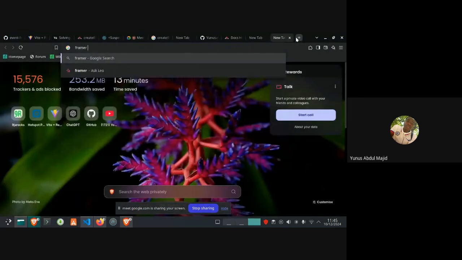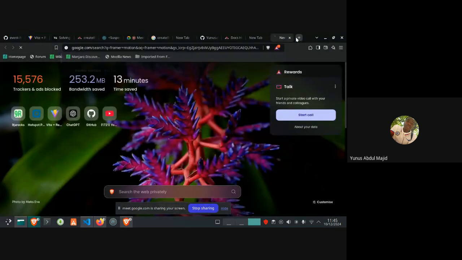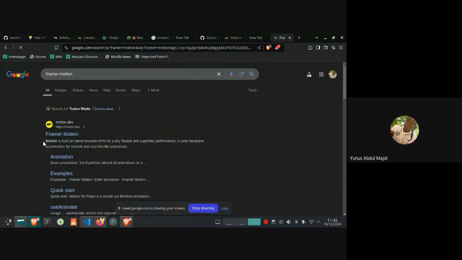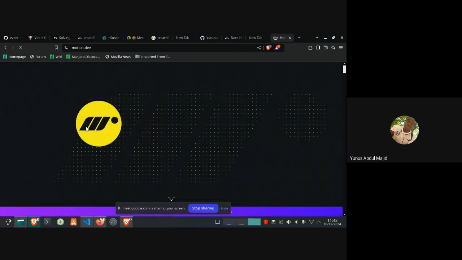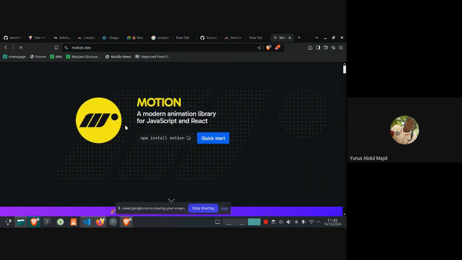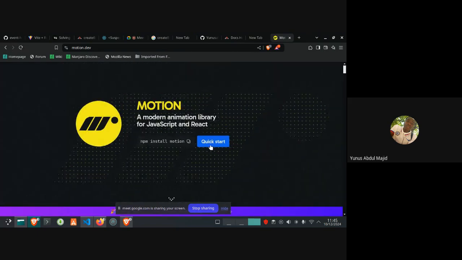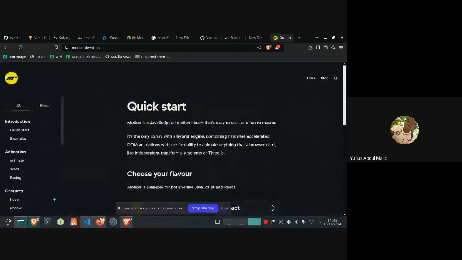You guys can see that there are a lot of packages, and I hope it's not looking too complex for you guys. So Framer Motion, you can just take them out, but that is not what we are going to do today.